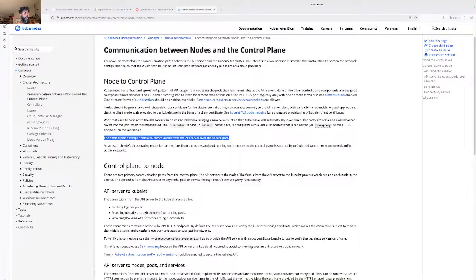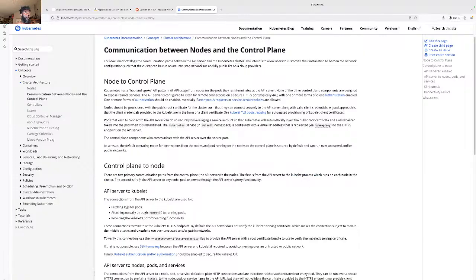So the first is from the API server to the kubelet process, which runs on each node. We don't need to write that anymore, we already got that in the cluster.